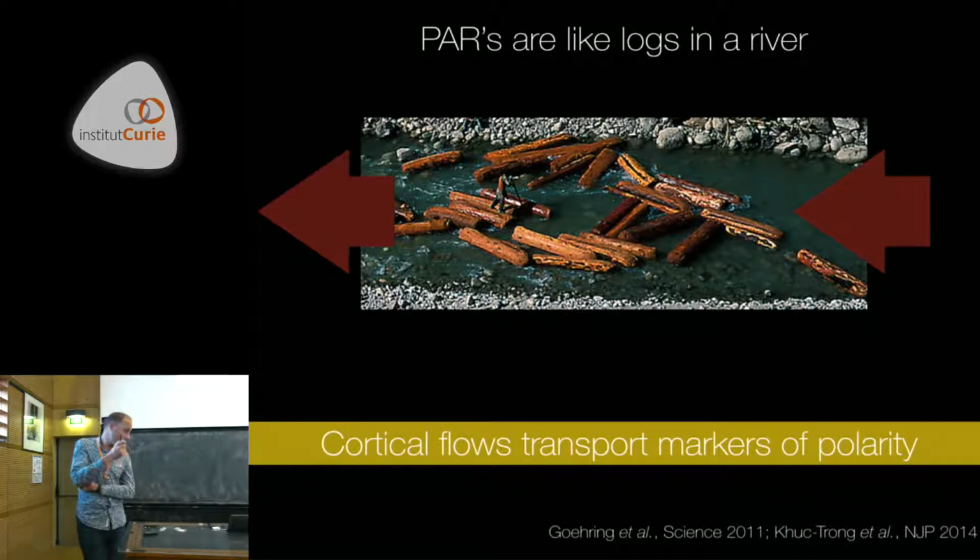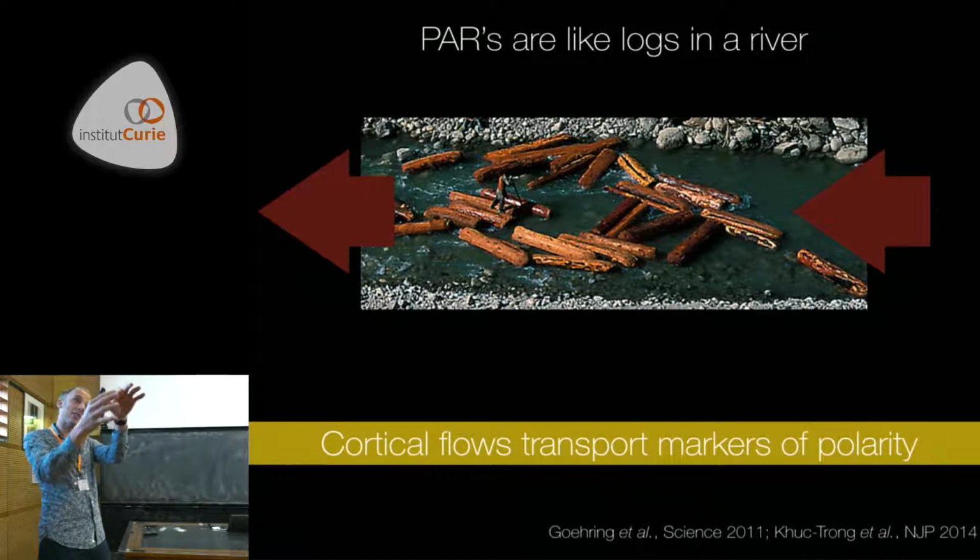So the relevant quantity to discuss in this context is known as a Peclet number, which is the ratio of a diffusive to an advective timescale. And for both species of PAR protein and for these types of flows, the Peclet number is of order unity, which means that flows really transport markers of polarity, and they transport them much like logs in a river. So how you have to think about the system is that the entire surface is flowing. There's in fact a cytosolic flow inside. The cortex drives